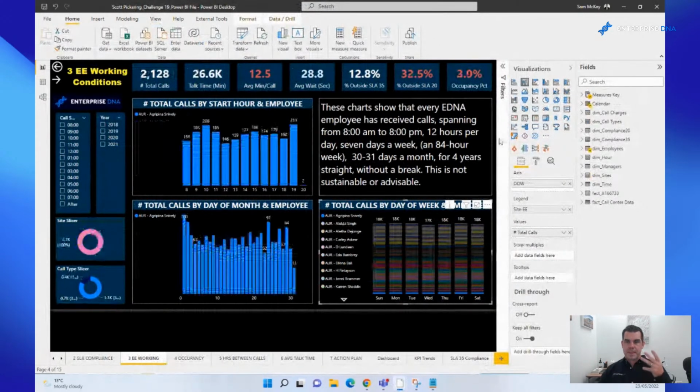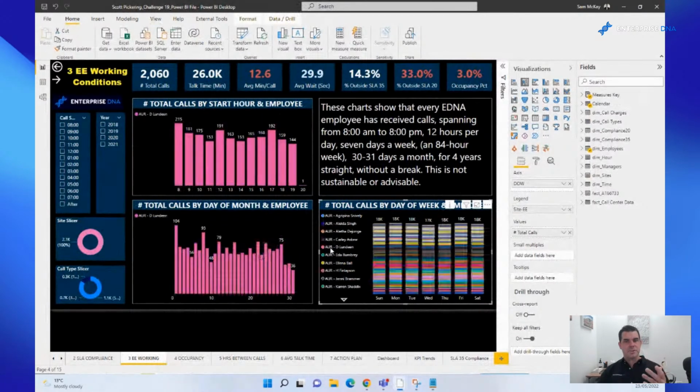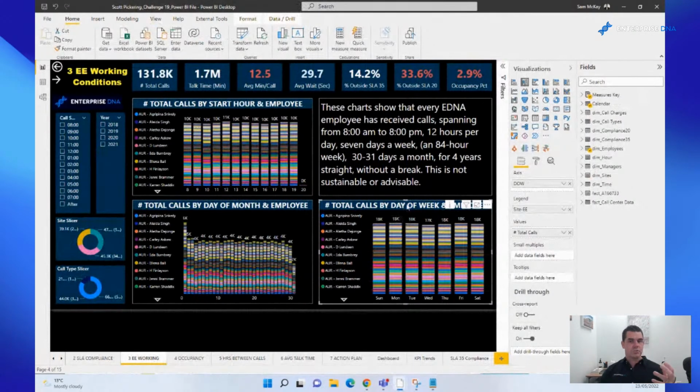So when you have this much information, this is quite interesting. When you click this, yes, this is quite interesting, but for a user, you can still do this better. What I would do with a visualization like this is really consider, do I need to repeat in the legend every single person every single time? I probably don't. I can extract the employee out and then have the user maybe select through a table of information.